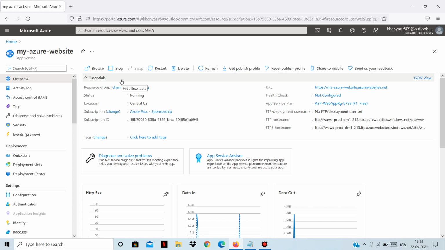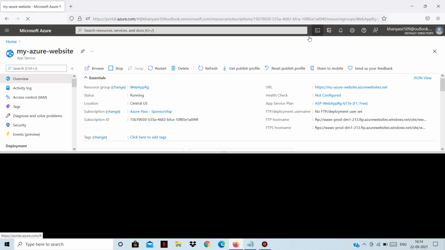App Service. So let's see how we can deploy our web application using the zip deploy method. Okay, so we will actually have to run some of the commands. So yeah, those are the CLI commands. So we will make use of Cloud Shell. So let's open the Cloud Shell from here, and we will use Bash instead of PowerShell.